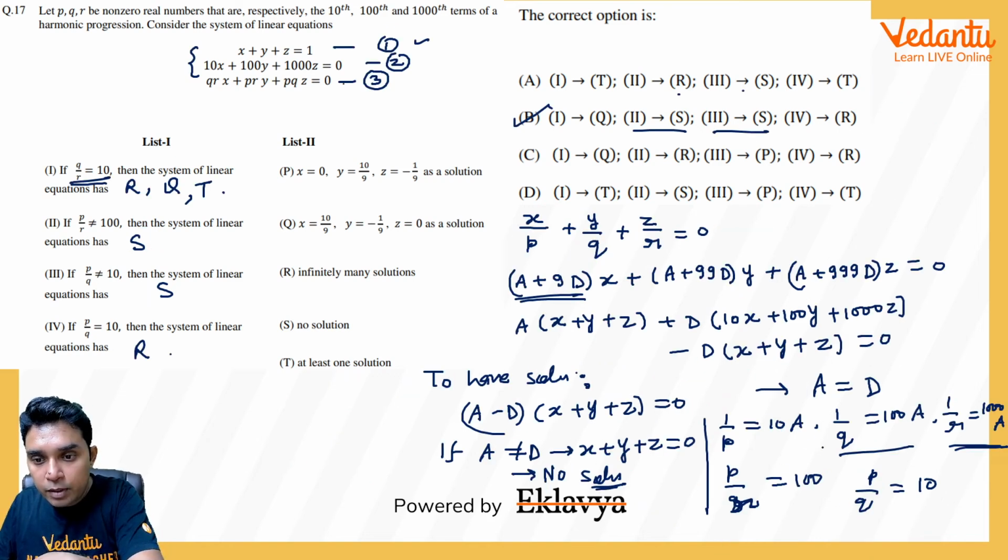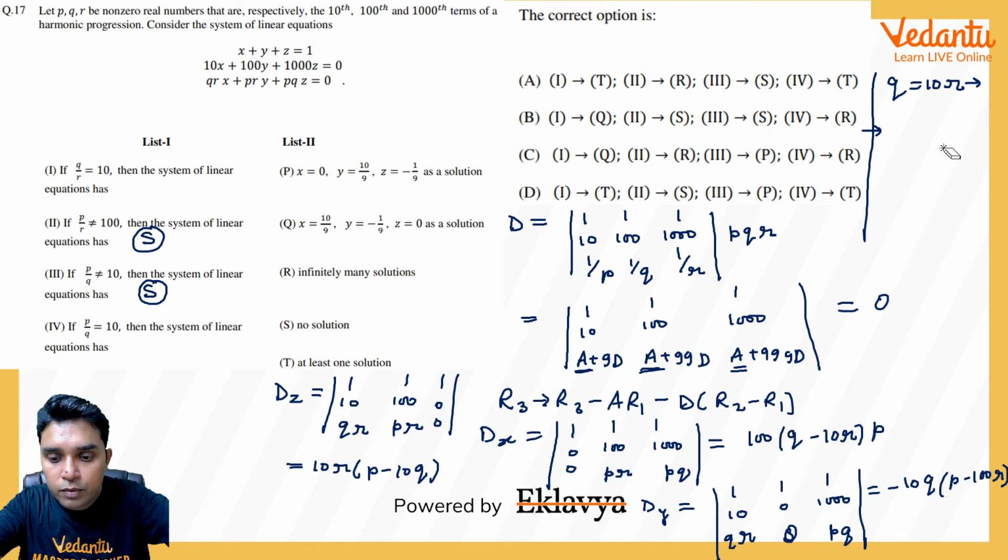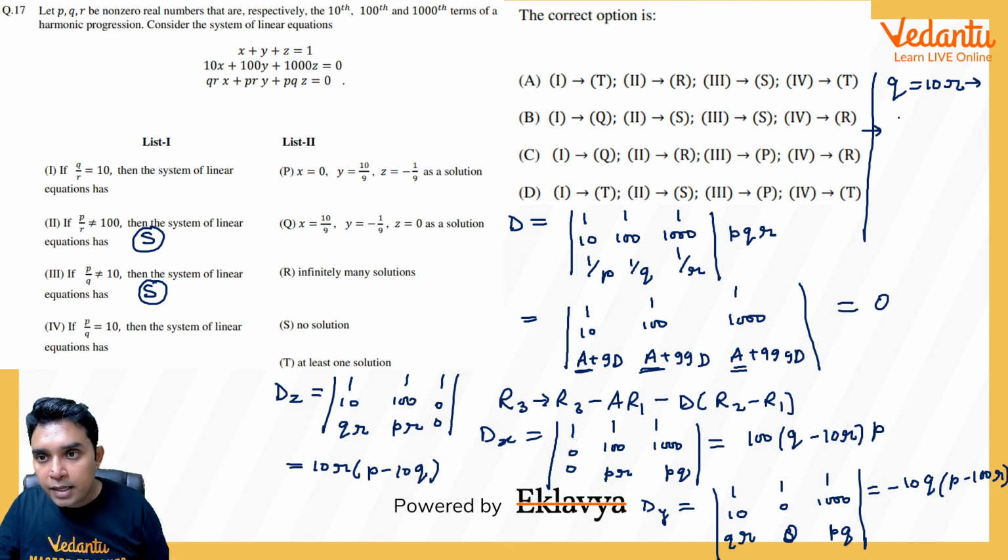You will be able to prove that if Q is equal to 10R, then the corresponding AP will have A equal to D, which I am not doing here. You can do it, it is just a simple thing. Let me write 2 steps, then you will understand how it can be done. I can write 1 upon R is equal to 10 upon Q, and 1 upon R I can write as A plus